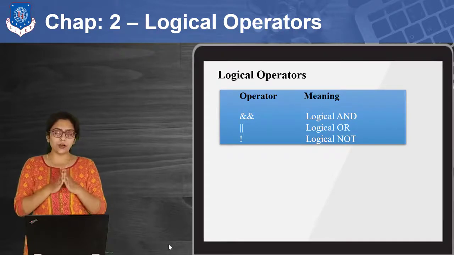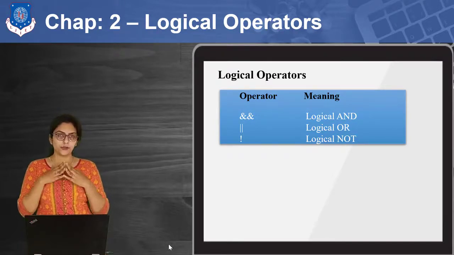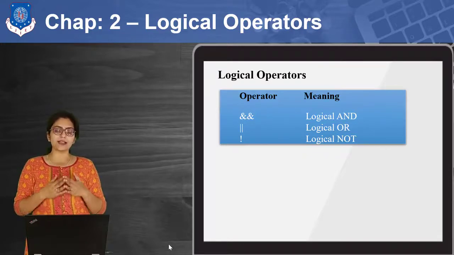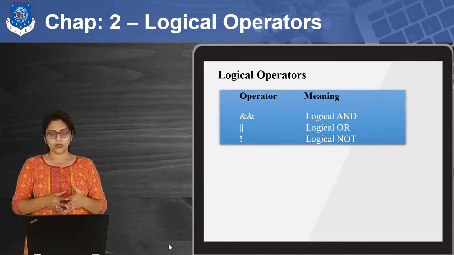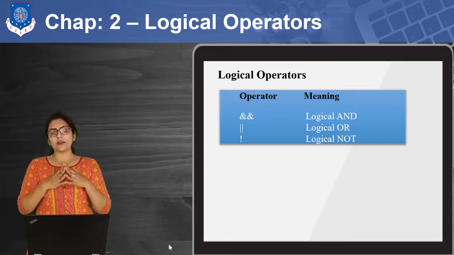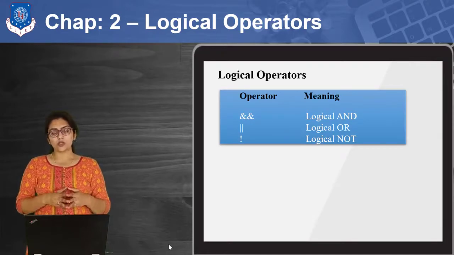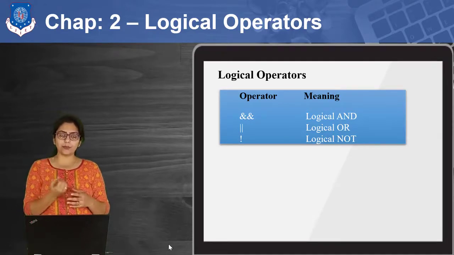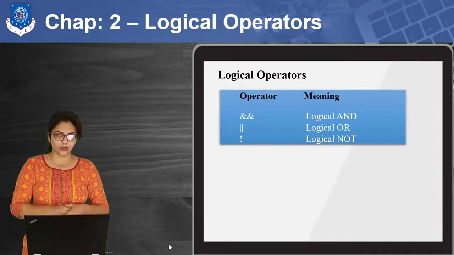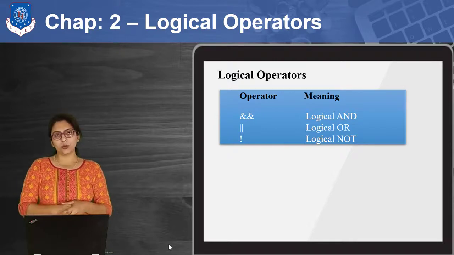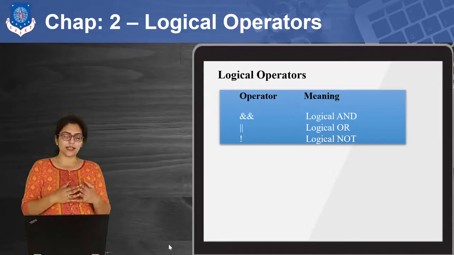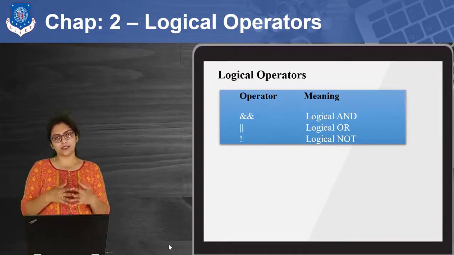So the AND operator will give the answer true or 1 only if both of its inputs are 1. Otherwise it will give 0. In contrast with this, the OR operator will give the answer 1 if at least one of them is 1. So even if one input is 1, say A is 1 or B is 1 or both are 1, then it will return 1, that is true, otherwise false. So if both of the inputs are false, that is 0, then only it will return 0.